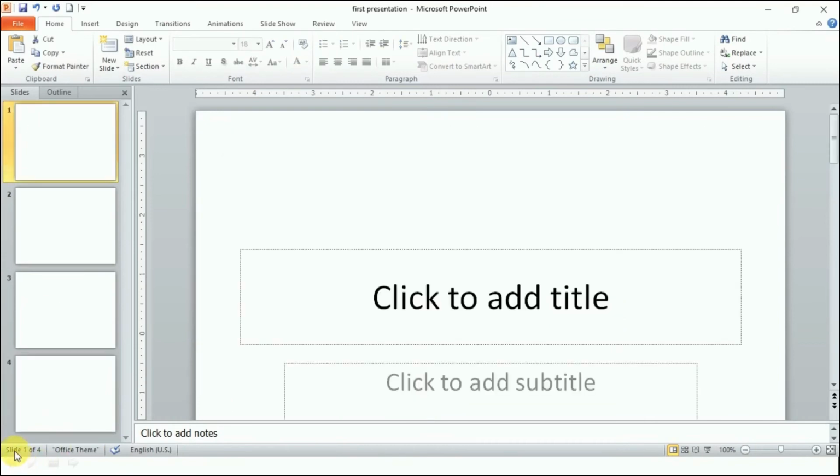So it is telling I have 4 slides here, and it is slide 1 of 4, right? The theme which is being used here is the Office theme. No spell error is found because there is nothing on my slide. Then the language used, the kind of view I'm using, right? This is the presentation view, and the zoom level. So this is about the status bar.